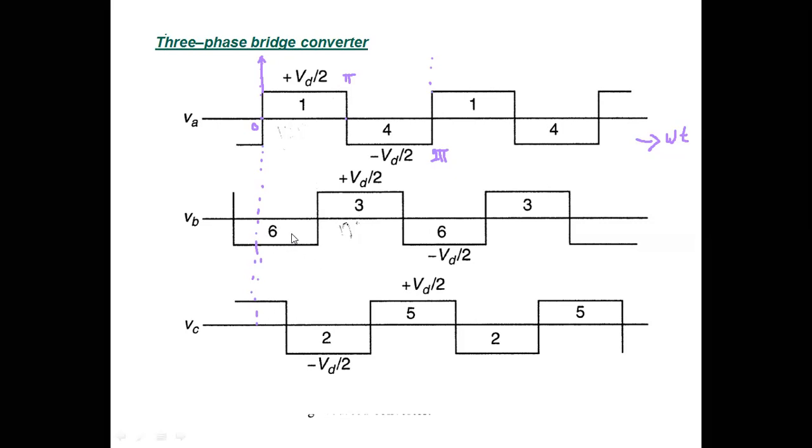Then coming to the second one, that is the second leg, phase B. Phase B will be conducting. Please remember, it is conducting only after 120 degrees. Remember, that is 3 will be on. This 3 will be on. Generally the x-axis is not shown clearly. If you try to draw in terms of 30 degree steps, then it is easy to understand.